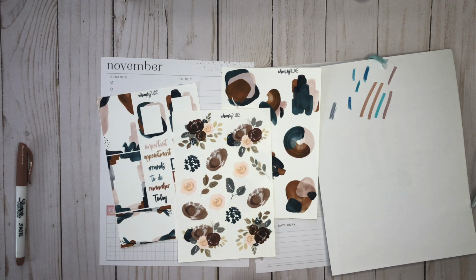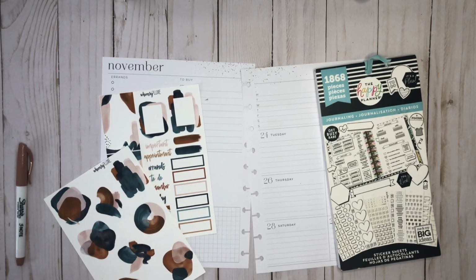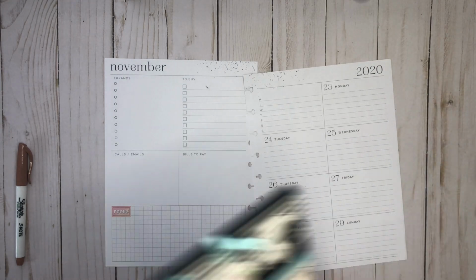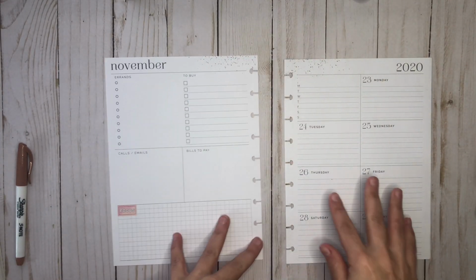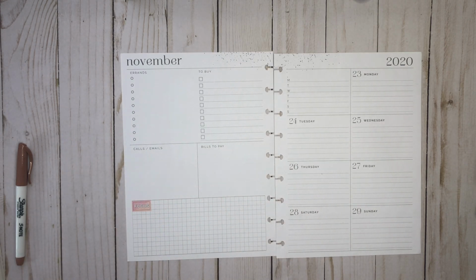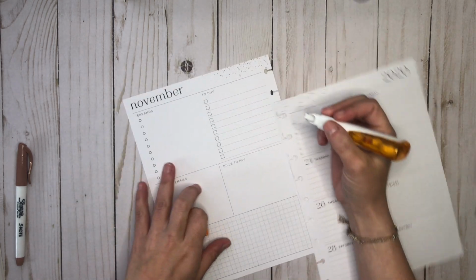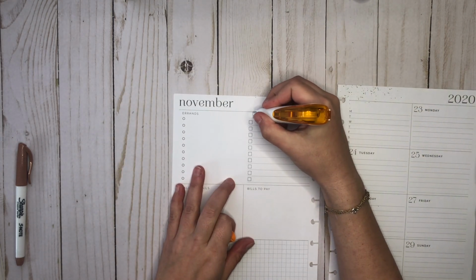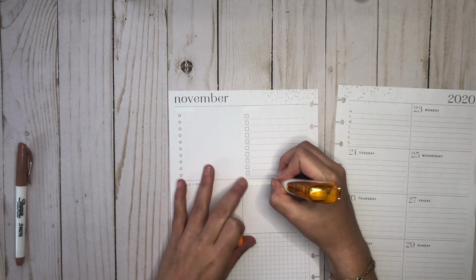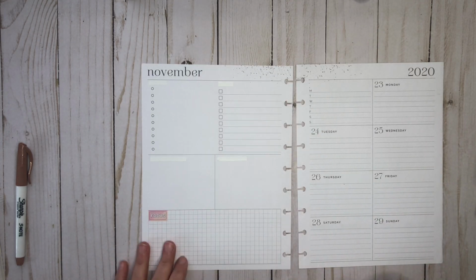Anyway, right, let's get back to planning. So I got myself situated. That kind of just threw me for a loop, but we are good. Okay. So first up, as usual, I want to cover up these four sections and maybe this focus section also, because I kind of use these for my own categories since this is for social media. Bills to pay, calls, emails. We can cover those on up, and then